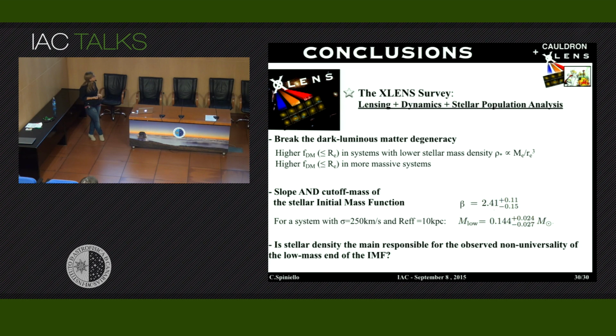And then we're able to constrain the slope and cutoff mass of the stellar initial mass function by adding also the stellar population analysis information. And we find, for a system of 250 kilometers per second and 10 kpc as effective radius, a slope that is consistent with Salpeter and a cutoff mass that is higher than the hydrogen burning limit, still consistent within the error with the one that has been used in Bruzual-Charlot and Vazdekis stellar